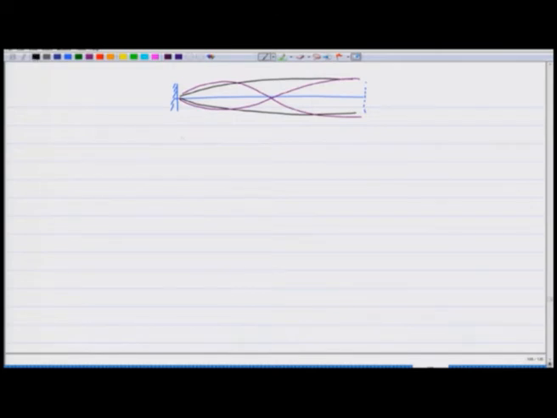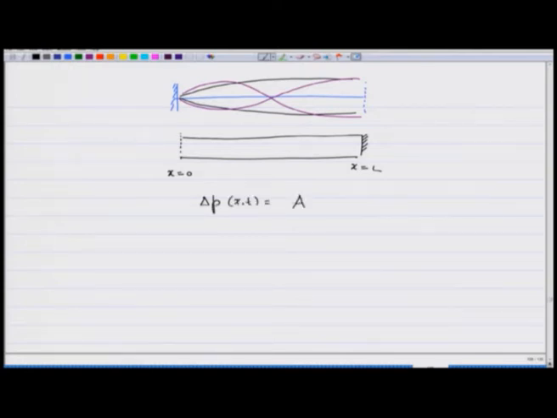Exactly in the same manner, if I have a pipe which is closed at x equals L and open at x equals 0, I would have delta P as a function of x and t equals some large amplitude A sine k x cosine of omega t with k x such that x equals L,